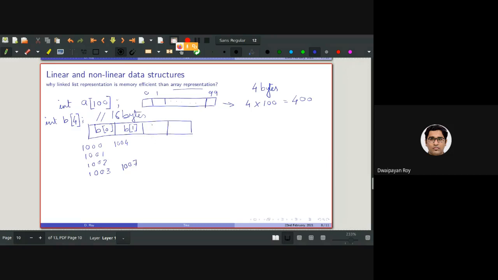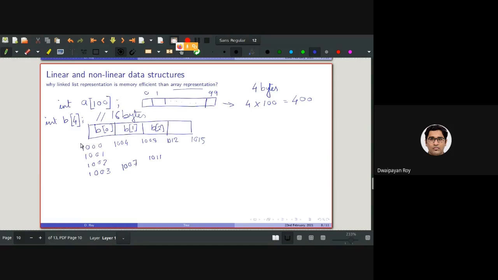The third, B2, will be stored from 1008 to 1011. And the next will be 1012 to 1015. So altogether it is from 1000 to 1015.